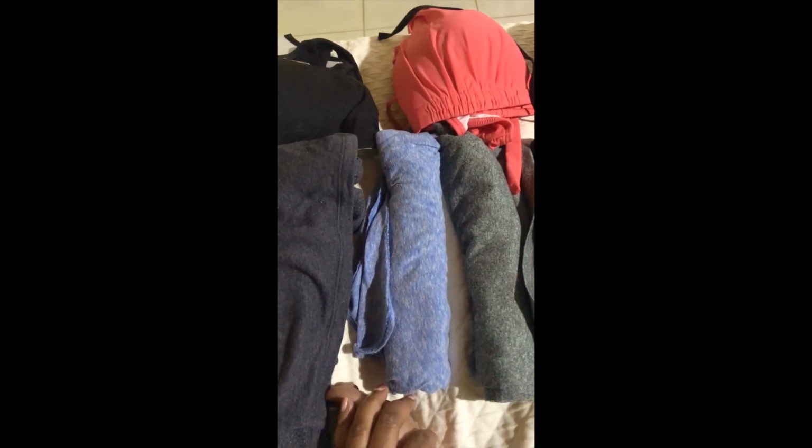This is just some biker shorts, just in case I wanted to exercise or take a yoga class. Workout bra. These are some relaxation shorts to lounge around in, around the room. I repeat, just one cover-up. Usually I'm very guilty of bringing multiple cover-ups depending on my mood, but I was able to pare it down